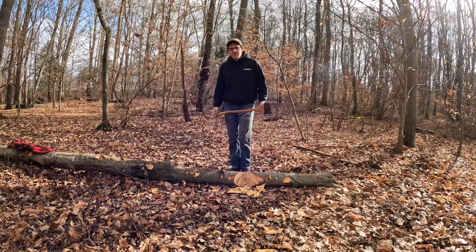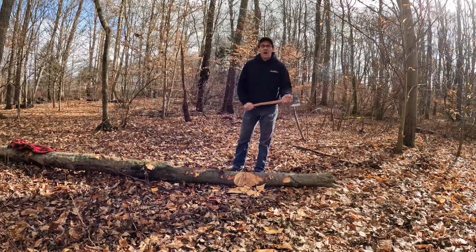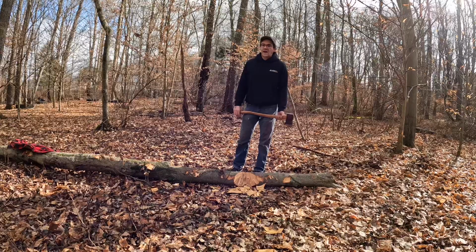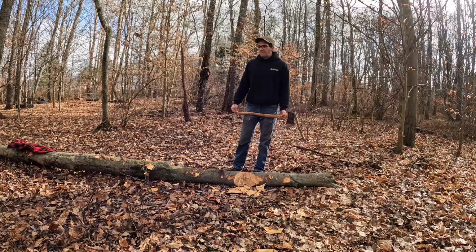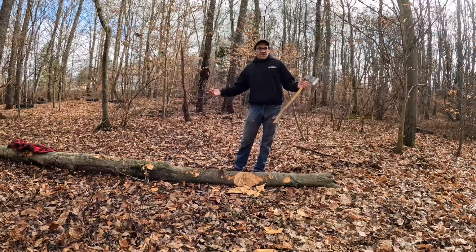And when I say strength and speed, I mean how hard you hit the tree or the log and how fast you swing the axe. I don't think those are nearly as important as accuracy. And what I mean by accuracy and efficiency is, let's say for an example,